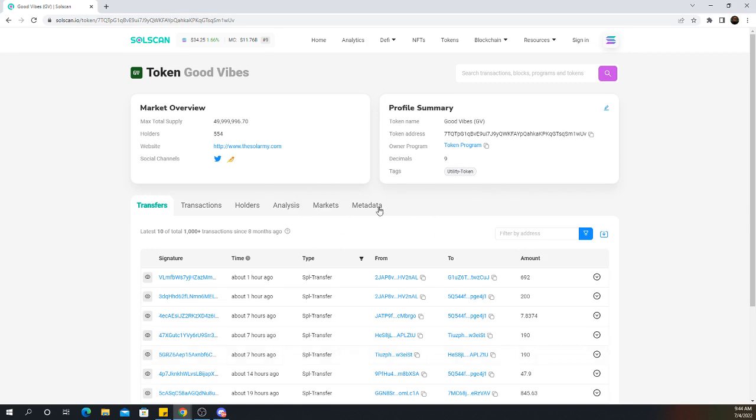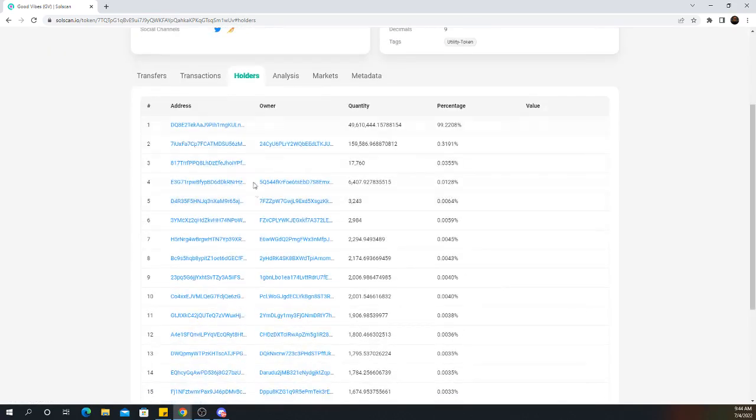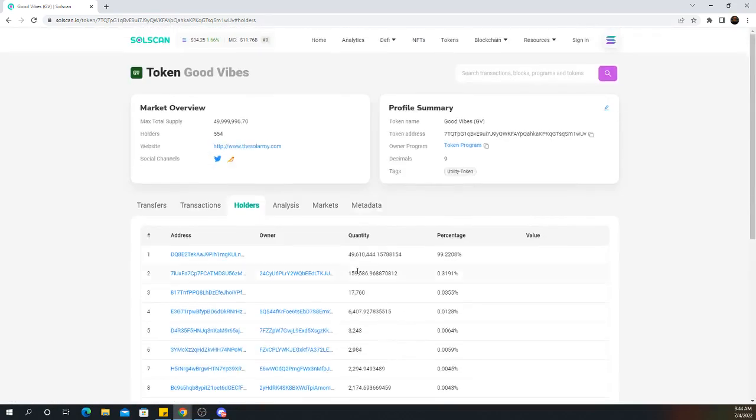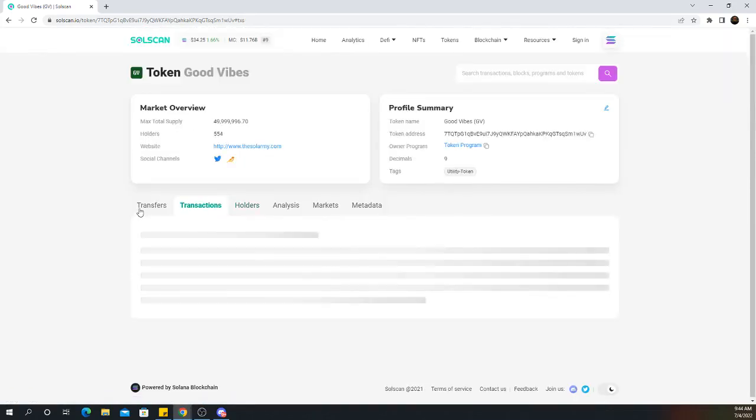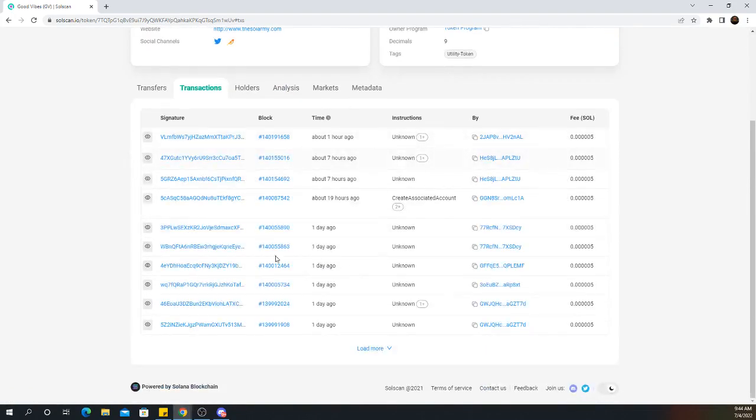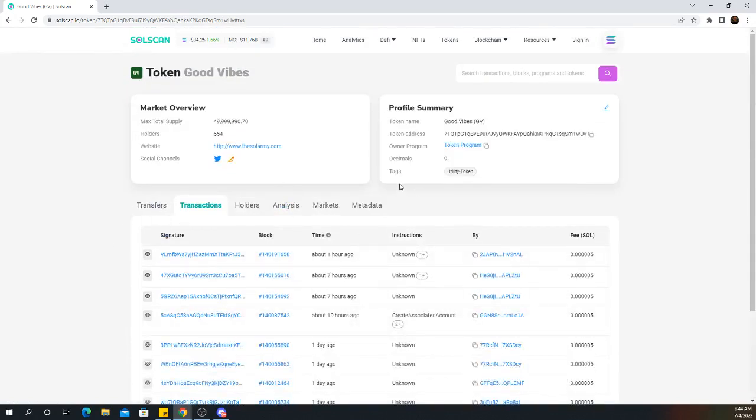Again, like we talked about, all of this information is on chain, so you can see the holder count here with how much everyone has. You can see any transactions that have taken place with this token. Anything that goes on is all public information. You'll notice that different to what we saw with the NFT we looked at, there is no update authority here on the SPL token. This is actually kind of up to the token creator. There's no update here, which means that there can be no more of this token ever produced.